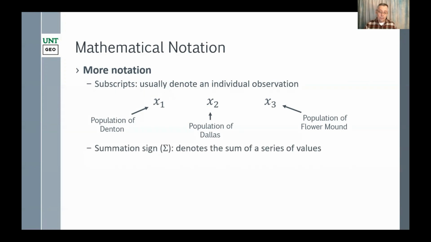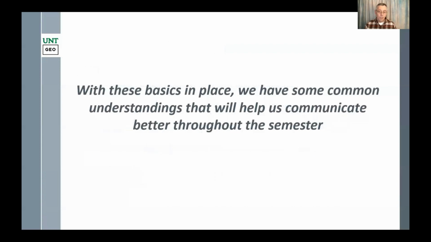And then the summation sign just signifies that we are summing up a series of values. And so we put the summation sign along with our variable. And so if x is a population and i is a signifier of an observation, then the sum of x_i would mean simply add up all the populations of all the places, Denton, Dallas, Flower Mound, wherever else is in our database. So just a few basics to put in place, but I want to make sure that we all have